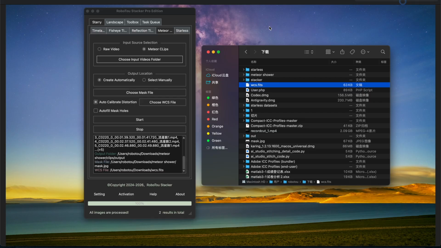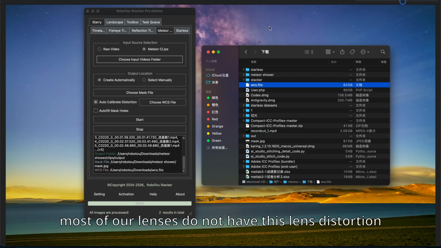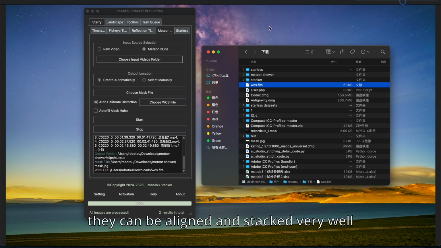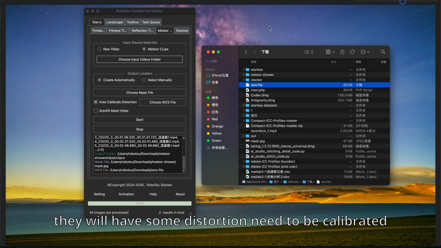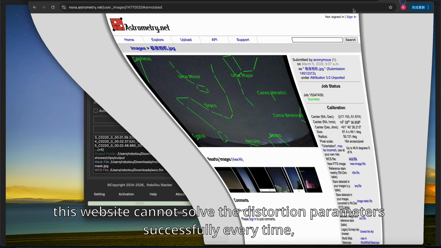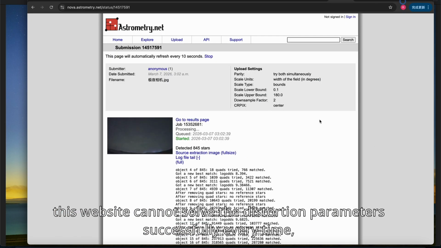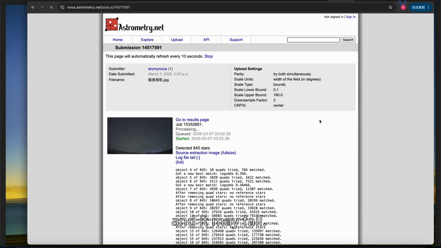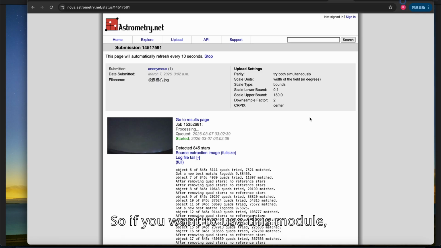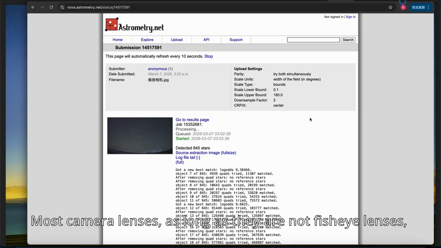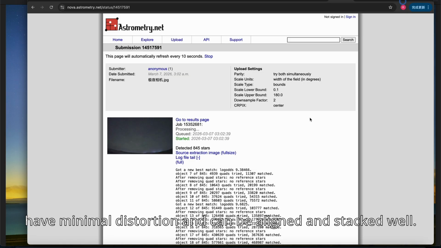It is worth noting that most of our lenses do not have this lens distortion. They can be aligned and stacked very well. Only some fisheye lenses, or some video surveillance cameras, will have some distortion that needs to be calibrated. However, this website cannot solve the distortion parameters successfully every time. And it may fail. So if you want to use this module, I recommend recording meteor shower videos with a lens that has little or no distortion. Most camera lenses, as long as they are not fisheye lenses, have minimal distortion and can be aligned and stacked